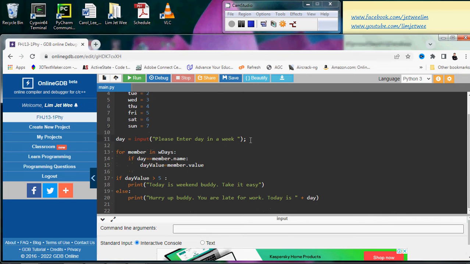Then I ask for input from the user, using input, and store it in a variable. I call it day. So far so good, but I haven't used it yet. To go through the enum list, I actually use a for loop, which is probably the easiest way to do this. So I create a member,